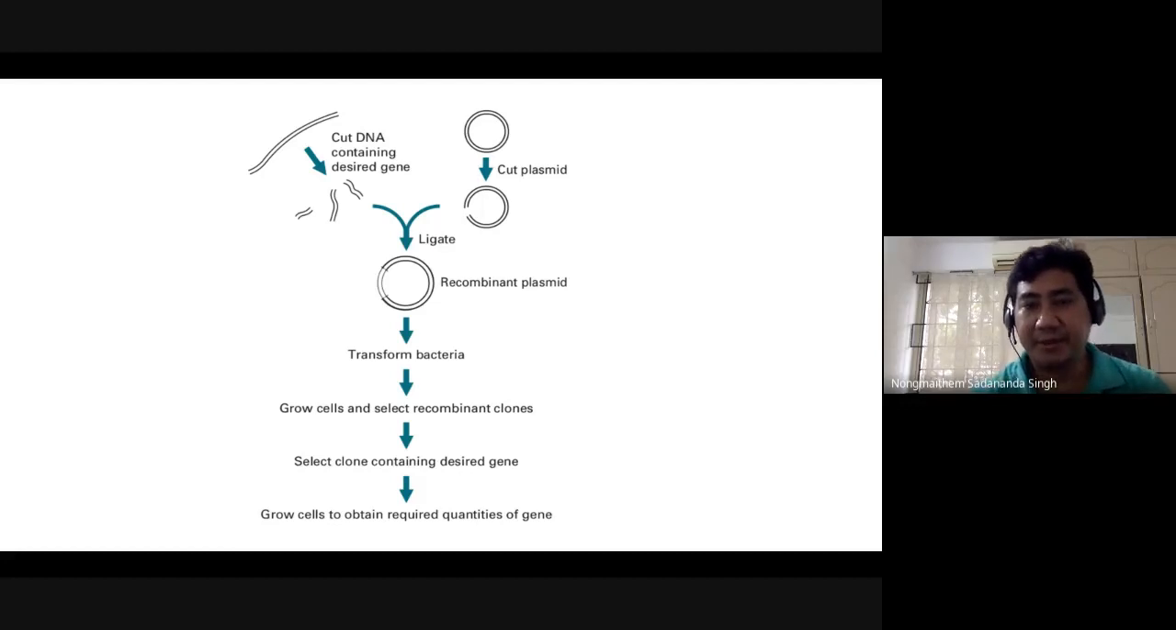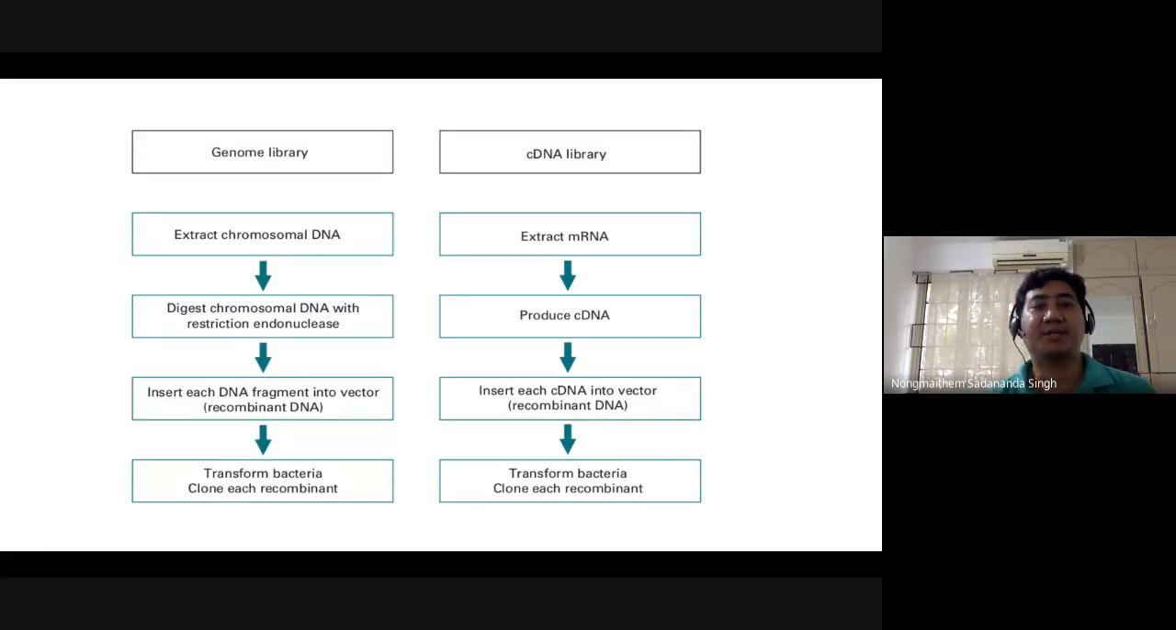So you can have two types of libraries. One is a genomic library or genome library, or a cDNA library. The difference here is that in the case of a genome library, you collect the genomic DNA and then generate a collection of double-stranded DNA fragments from the genomic DNA, and that is cloned into a plasmid, and you can look for the presence of the phenotype you're looking at. And generally it is very useful for something like bacterial genes, or if you're looking for just the presence of